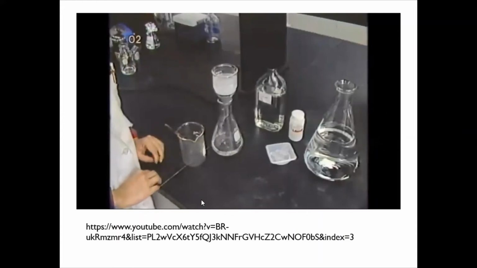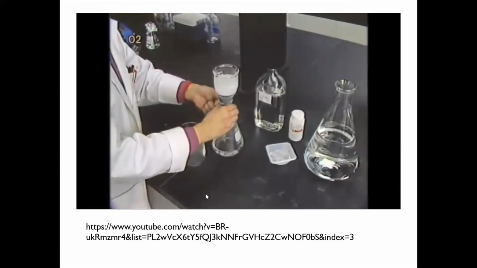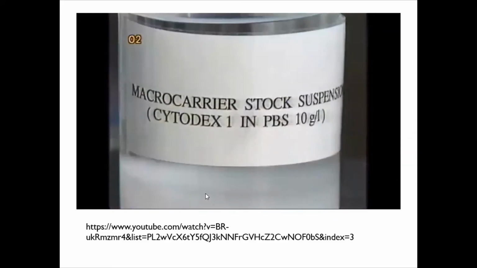Microcarriers in the form of dry beads are first hydrated and washed thoroughly. Suspend and resuspend the microcarrier in phosphate buffer saline before autoclaving. Microcarrier stock suspension at a concentration of 10 grams per liter in 1 liter or 500 milliliter bottles is convenient to use. These microcarrier stock suspensions can be autoclaved at 121 degrees for 20 minutes. Since microcarrier beads are suspended in PBS, they are usually rinsed with tissue culture medium to displace PBS before use. Otherwise, the PBS carried over by the microcarrier can dilute the cell culture medium appreciably.